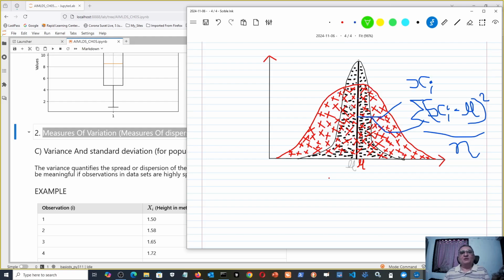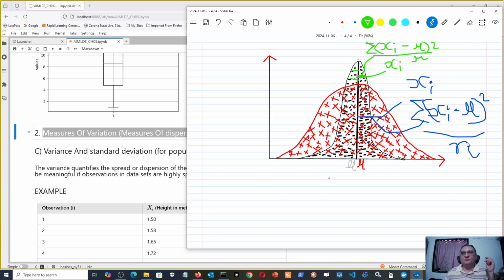Now the same thing I can do for my black colored data set. I can take any one observation, say xi again for the black data set, and find its difference from the mean, xi minus mu, where mu is the mean of the black data set. However, the mean for black and red data sets is the same. So this is xi minus mu, and then I square it. Similarly for the next data point, its difference from the mean and its square, and then sigma of xi minus mu whole squared, and then divided by